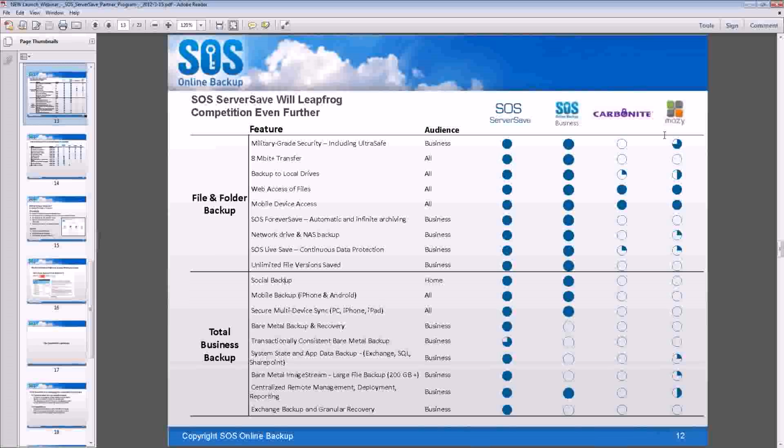Question from Ryan on the bare metal backup side. Is this also supported for Mac and restorable? No bare metal for Mac at this point, Ryan. So we do have file folder for Mac, but no bare metal. All right, well, with that, we might turn to the product demo. So John, can we? Sure, yeah. Ryan asked also, will we ship it live? Yeah, Ryan, we will. You can either send drives to us to feed the backup set, and in the case of a meltdown on your end, we can send the data back to you via FedEx overnight as well.